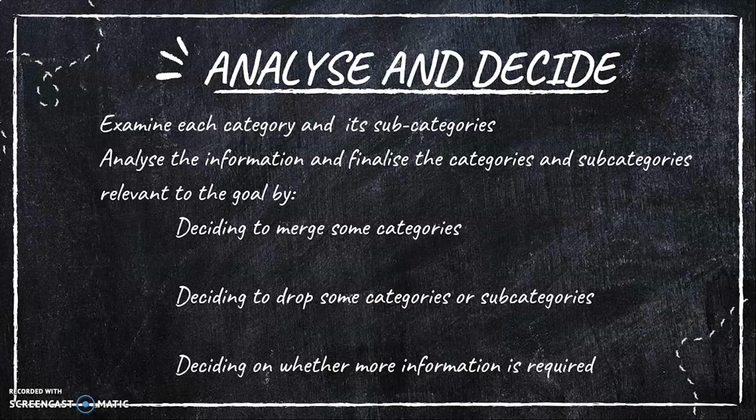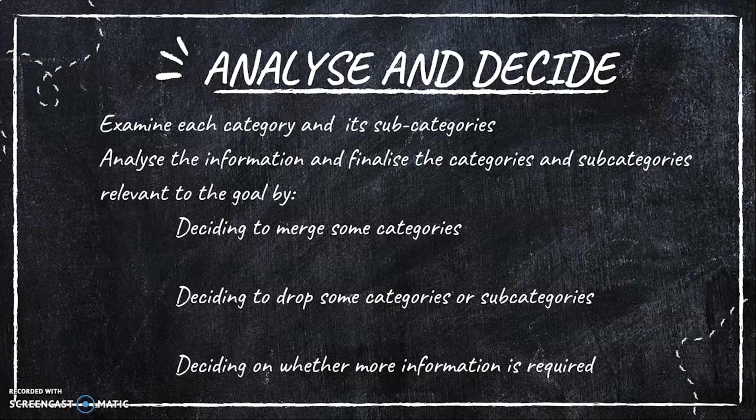These are the information we have gathered, and these are the categories which are available. First we can either decide to merge some categories. If they have a common relationship between them, you can merge any two categories, or you can even drop some categories. You can decide if any category needs more information to be completed. Once you do all this in the process of listing, only then you can clearly analyze and decide what you want to do to accomplish a task successfully.